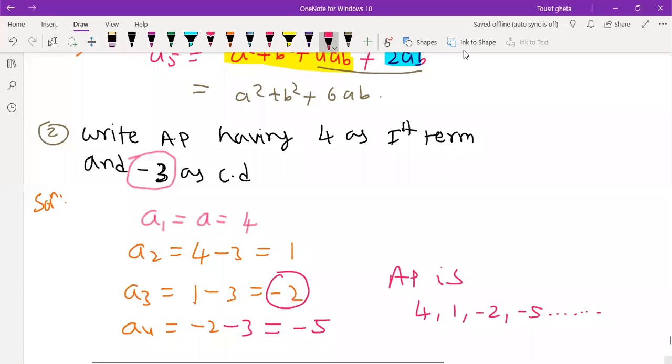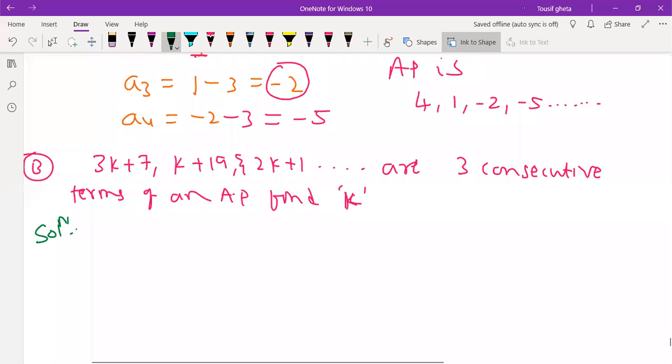This is okay. Here d is given, common difference is minus 3. So the first term is given as 4. So we wrote 4. For the second term, the previous term is 4 and the common difference is minus 3, so 4 minus 3 we got 1. And for the next term, the previous term is 1, and 1 minus 3 gives minus 2, and so on. It's correct. Everyone focus on your screen now.